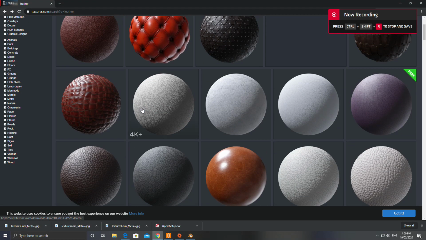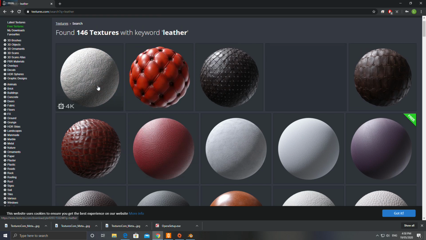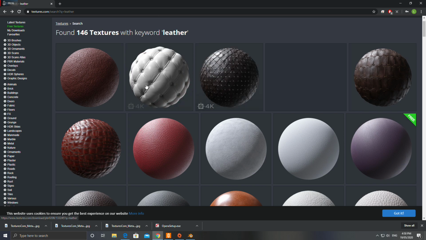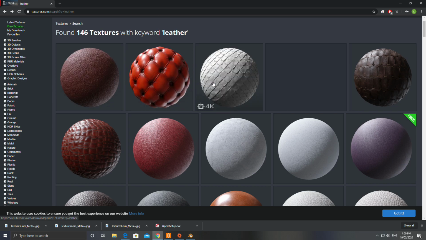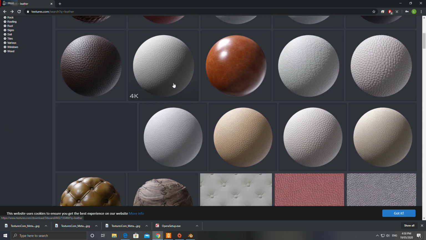All right, guys, what we're going to do is add that leather texture to the handle. Now, when you go to textures.com, anything that has this symbol on it is for Substance Painter. It supports Substance Painter, but it is a special type of texture that will add a whole lot of detail and a displacement map. They also cost a lot of money on here. The other type are these ones which don't have it, and they are really, really useful, and we'll get to